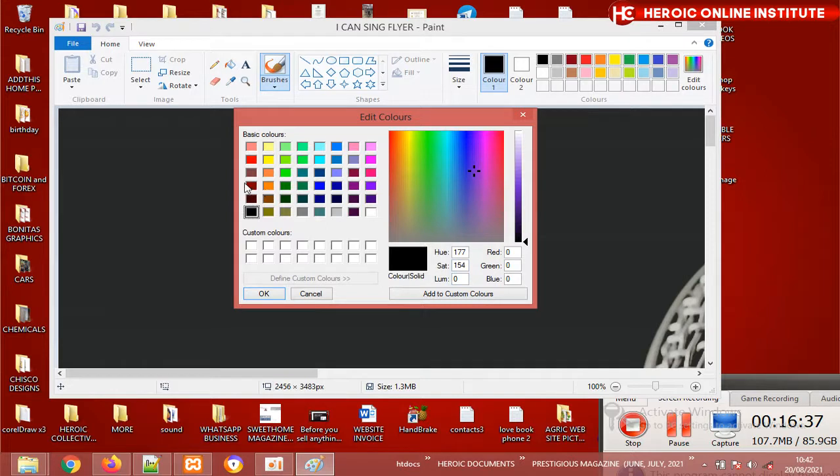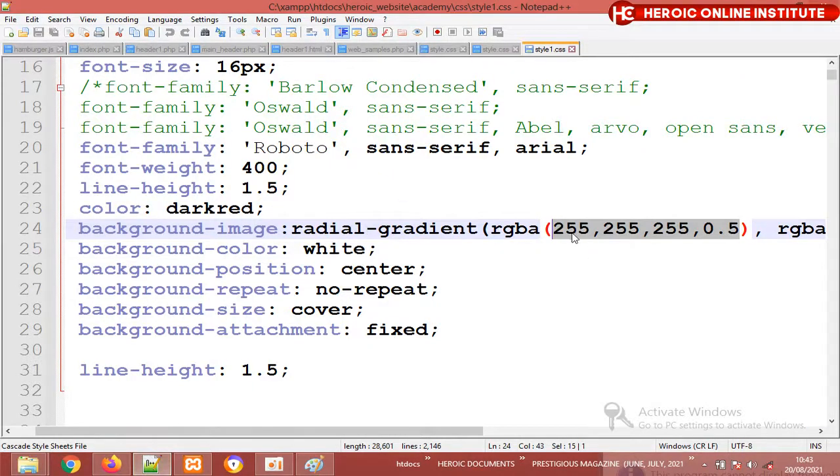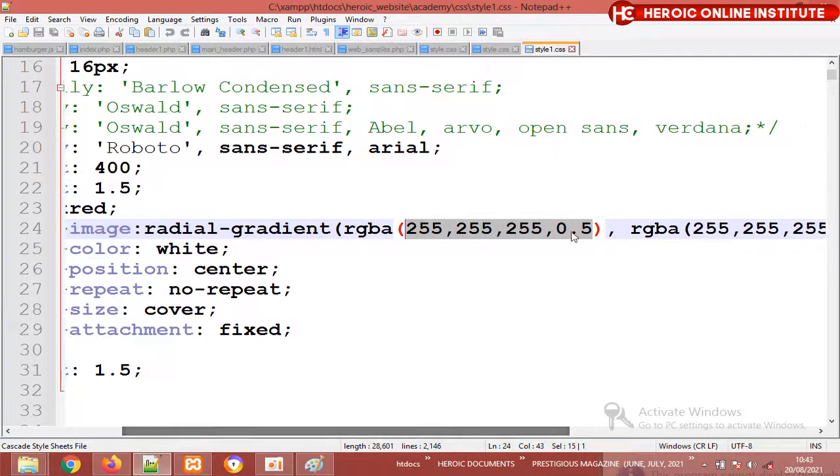This one is black. When I click on any of these now, do you see the RGB components? And when I click on green, see the RGB component. Whichever color I click on, you can just click on any color you want. Let's say you want to use a darker red. You can drag it until you get the dark you want. Now this is the RGB component of the color you just got. You can now use it here, like I just did mine. But this one is dark, like black. The last option here is